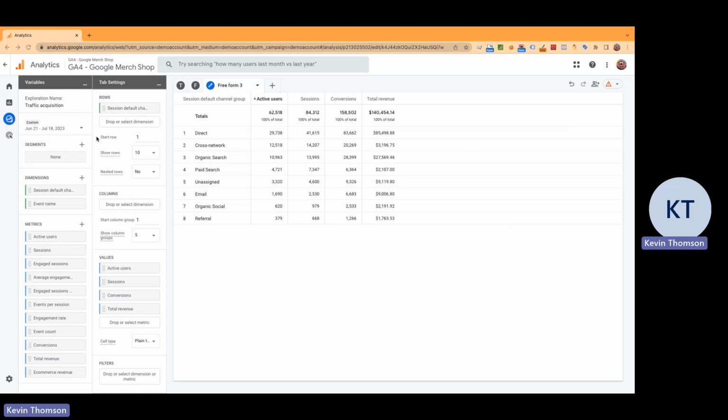Within GA4, segments were a big part of Universal Analytics. In GA4, they don't exist within standard reports, but they do exist within the exploration reports, which are the custom reports. So here in the tabular view, we have the dimension channel and four metrics: active users, sessions, conversions, and total revenue. If we want to apply a segment, we simply go here where it says segments,